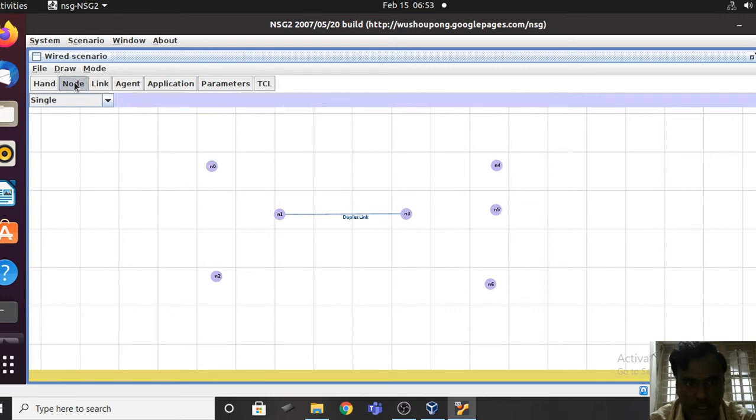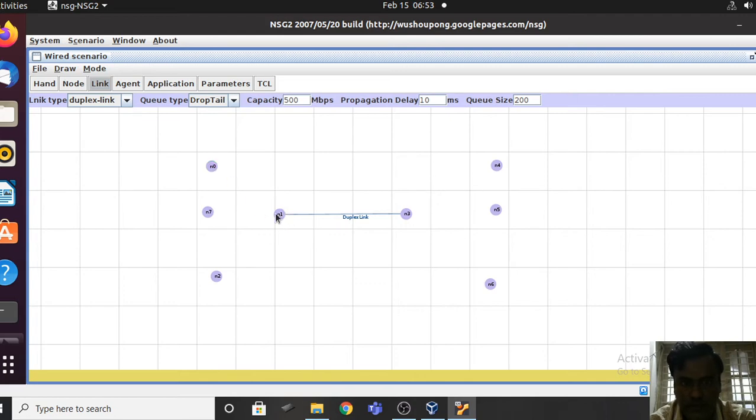Let me take one more node. Here I have taken that node. So links 500 and 200. With respect to all other links I am taking the same values.